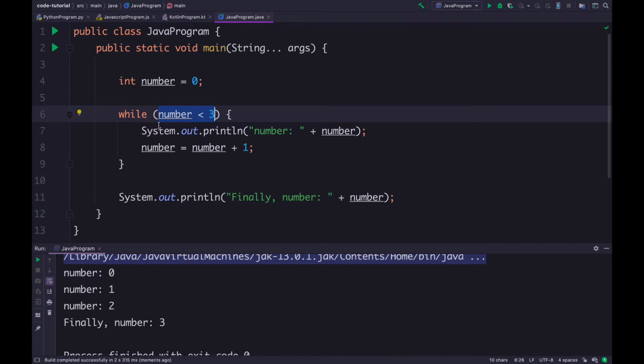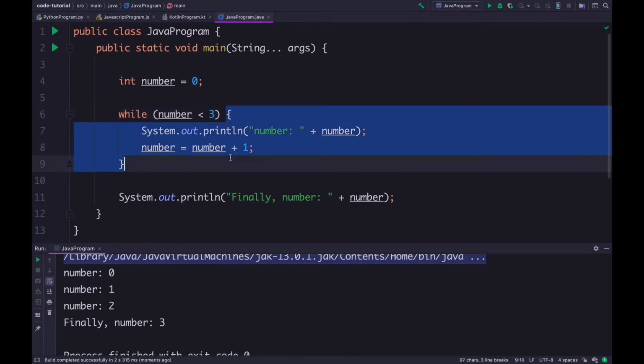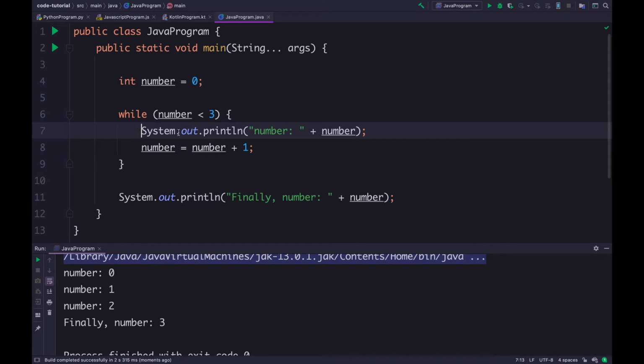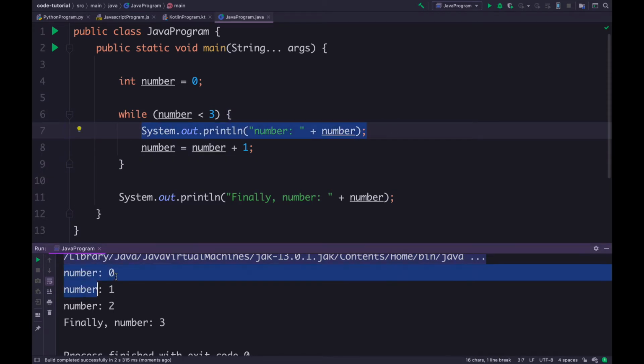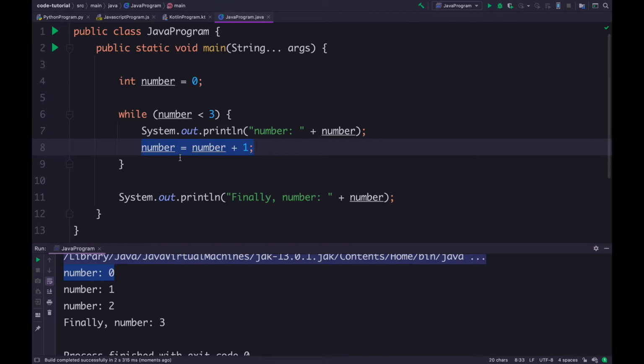It checks if the number is less than 3. This is true, so the statements are executed. It prints number 0 in the beginning, and then it adds 1 to the number. So I have number equals 1. The difference is that when I get to the end of the while statement, it goes back to the beginning